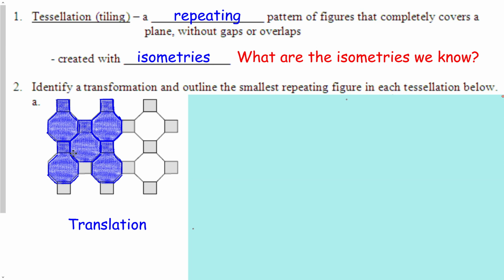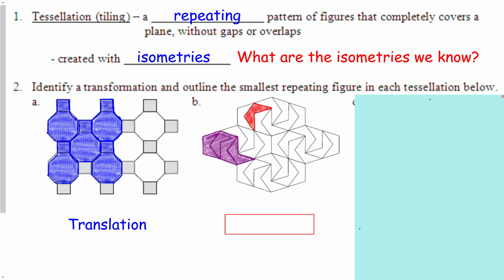So take a second and outline or shade in what you think the smallest repeating figure is in the tessellation for part B. So for B, there's a couple of options that I've had students come up with in the past that I like. First one, the smallest, would be this red concave pentagon. So this concave pentagon, we could rotate around some different points. For example, if I rotate around that point that I just added, I would be able to